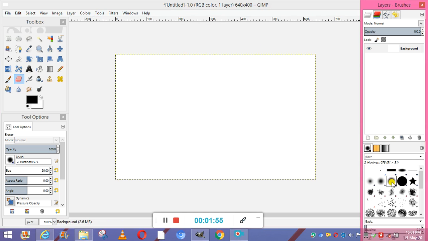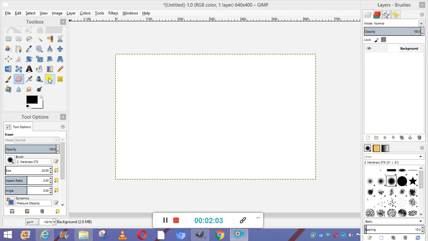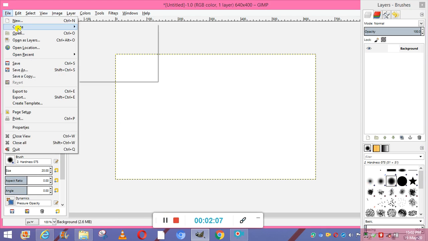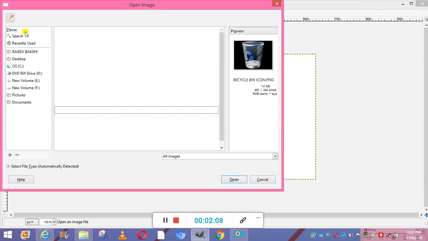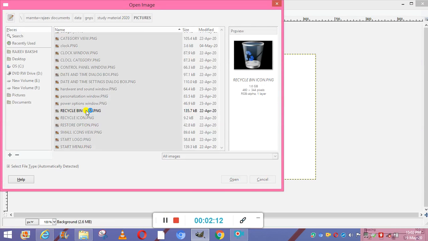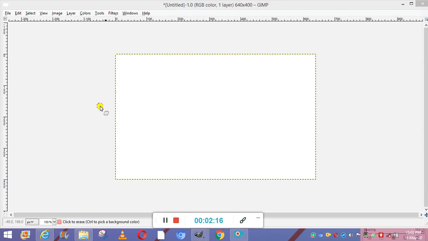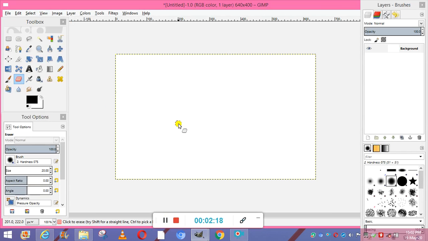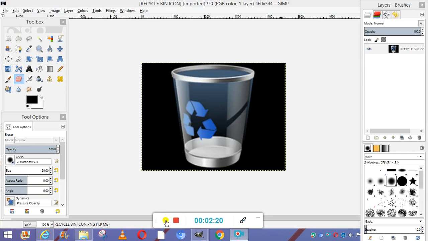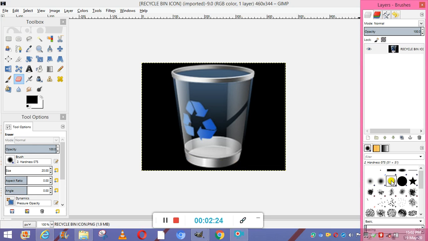So the star shaped brush is going to appear. This is the circle star. This you can see, a plus point is there. Now I need to open an image first. Okay, if I'm opening an image, like I'm taking this recycle bin here. So the image has been opened and I've selected this brush.